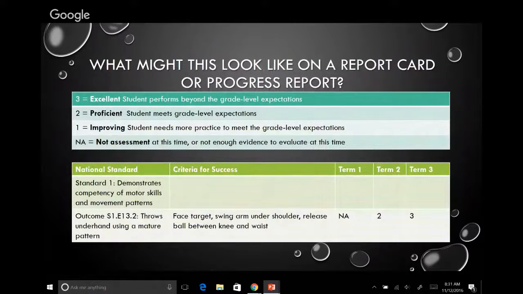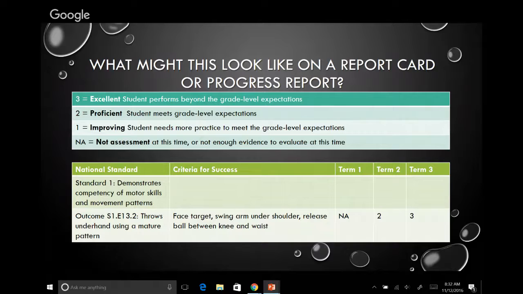So now we're going to look at how do we take all that data and put it into a report card, or a progress report. So generally speaking, our report cards kind of look like we have 1 or 2 or 3 maybe spots on the report card, and if we're lucky, we have the same proficiency scale as the classroom teachers. But this would be an example of a progress report that you might generate outside of the district report card that goes out.